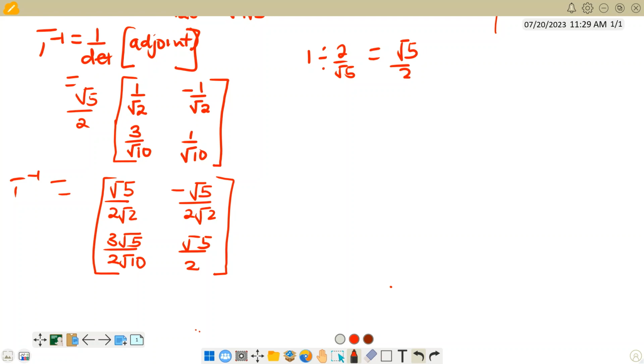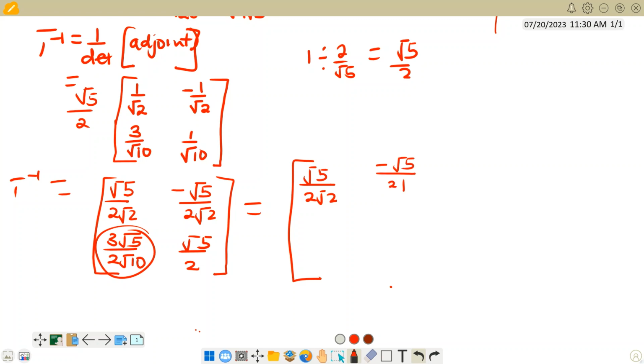So we have this as the t inverse, though we can still simplify this. We can simplify the bottom part there. Okay, so you can simplify this row here at the bottom. How? Well, dealing with that part first, we know that the square root of 10 can be root of 2 multiplied by root of 5. So this will be square root of 5 divided by 2 root of 2 minus square root of 5